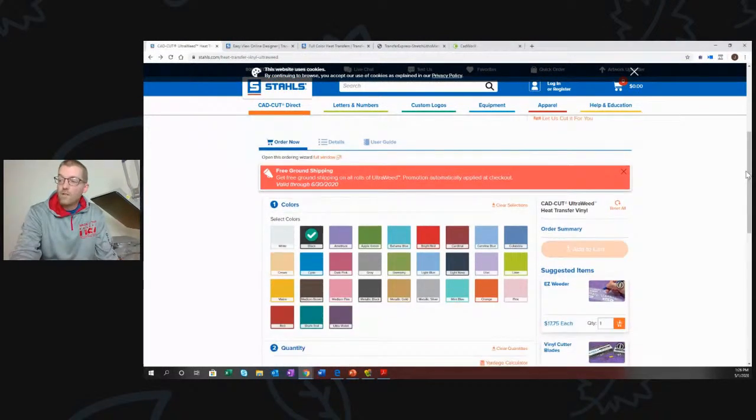All right, and then you get down into the actual product, and that's where you can go through order now, product details, which go through a lot more detail of what I just said, and also the user guide, which is where you can download your application instructions. So these are the 30 colors. Pick all the colors that you want to add to your cart, and then let's just scroll down and explore